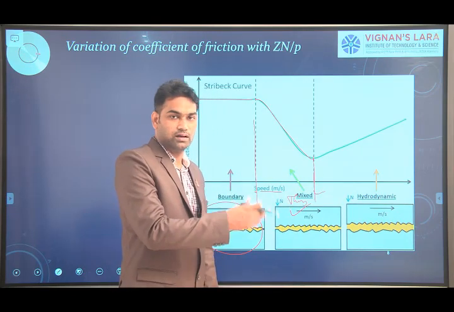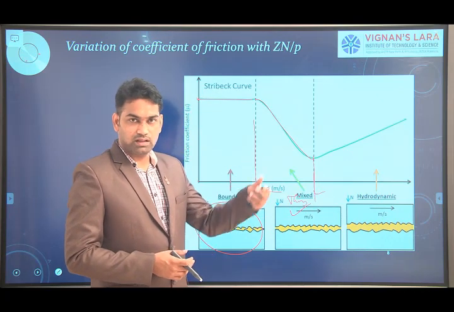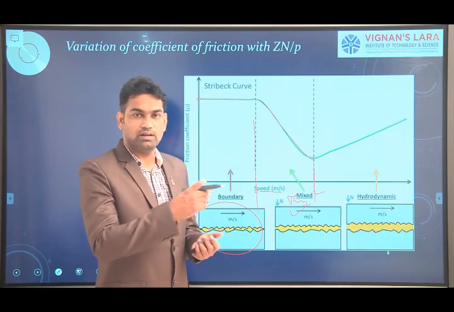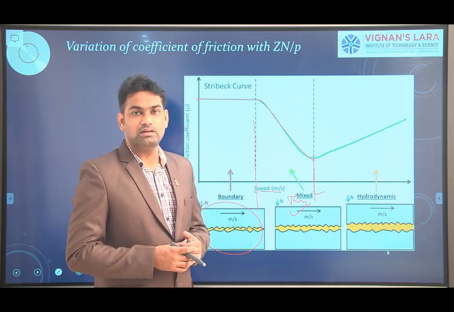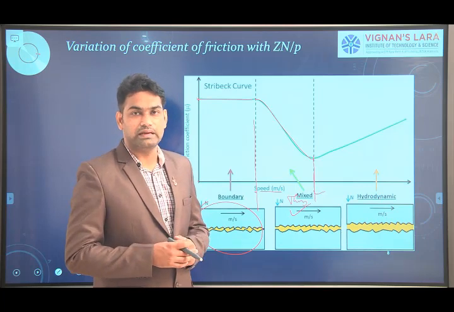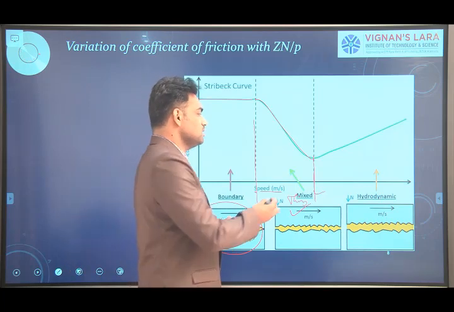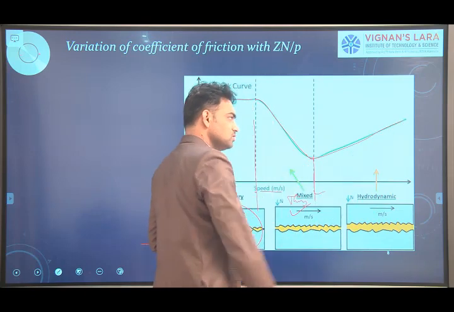After that, with the increase of speed from the slow speed condition to the normal speed, it continues. We discussed that a converging zone will be provided, so that the fluid can pass through the convergent zone, which builds up the pressure inside the bearing, so that it will form a thick layer of lubricant. In that case the coefficient of friction may gradually increase up to some extent.